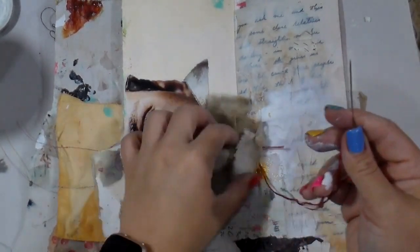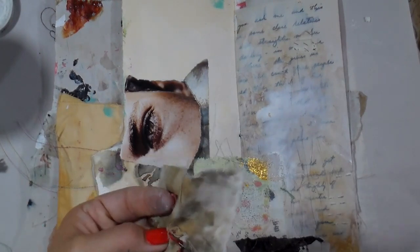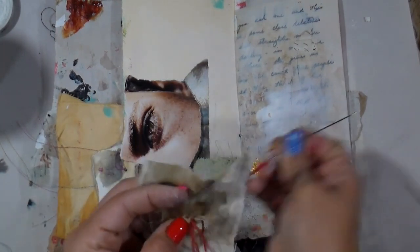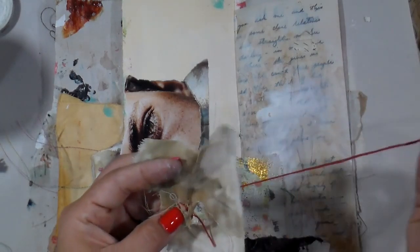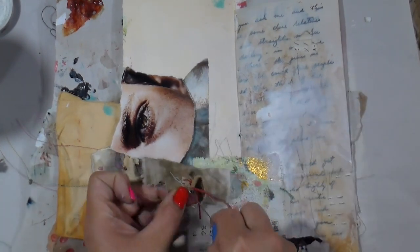It's kind of bringing that coloring into this spread as well. So it's not like, what? Well, Tiff, that polka dot's just standing there blaring at me. It kind of brings it all together. And so I am no